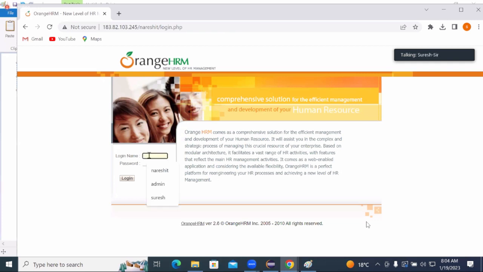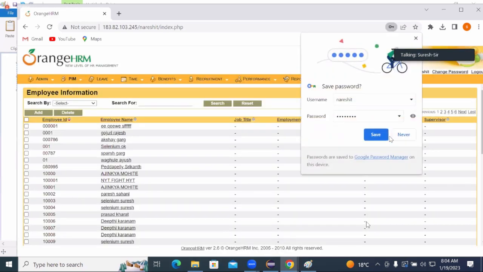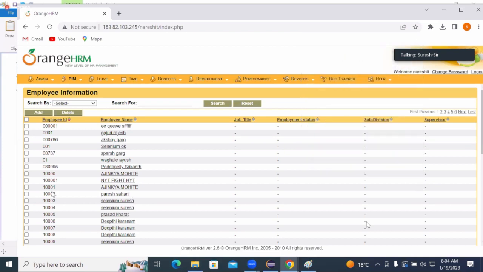For example, taking this particular application, once we are done with login, we are able to see a lot of data being displayed. Now you can see here, considering this particular one,